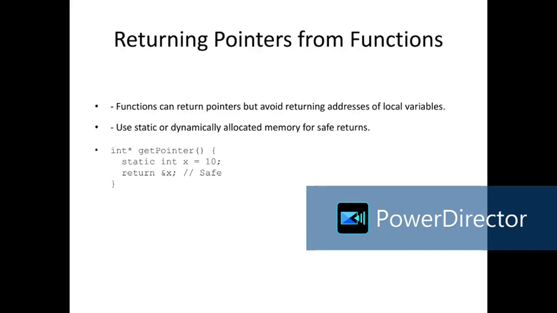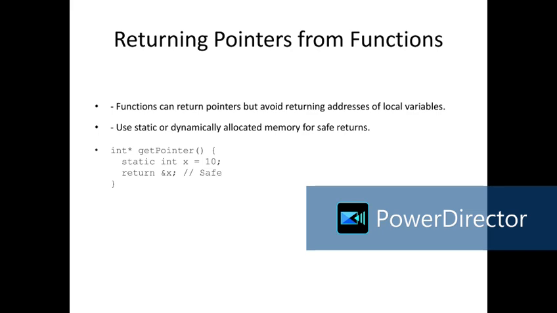Returning pointers from functions. Returning a pointer from a function is possible and often useful, but you have to be careful. Never return the address of a local variable, because it goes out of scope when the function ends. Example of what not to do: int *getPointer() { int x = 10; return &x; }